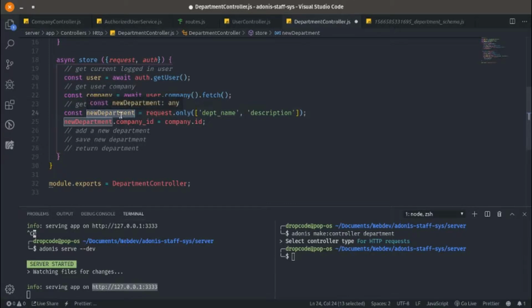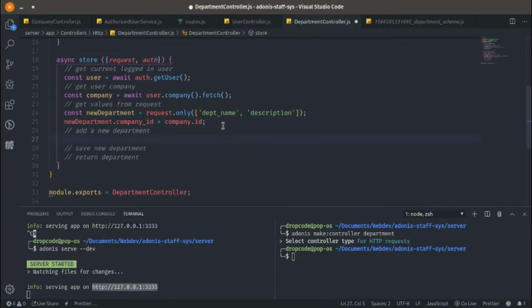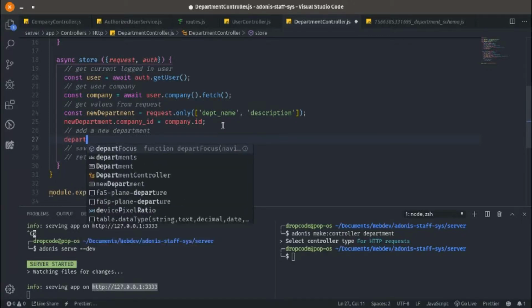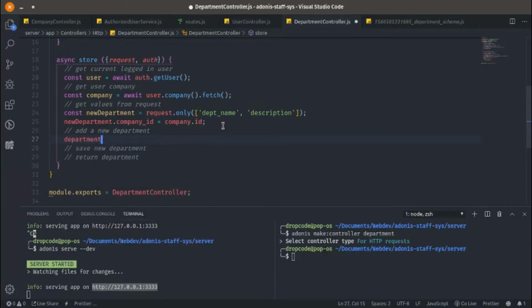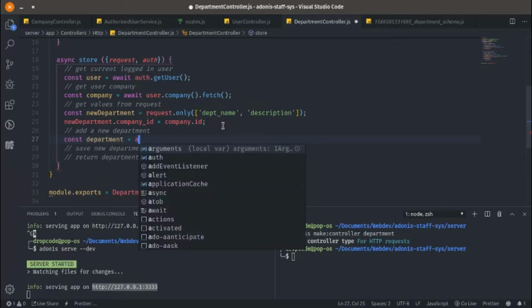This is going to be like an object now, constant, passed into this constant here. So now that we have that passed in, we can add a new department. And to do that, let's call it department. The cost has already been created, so it's no longer a new department, so just call it department. Then await,